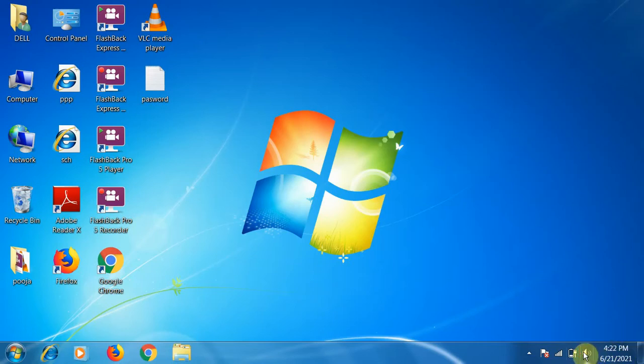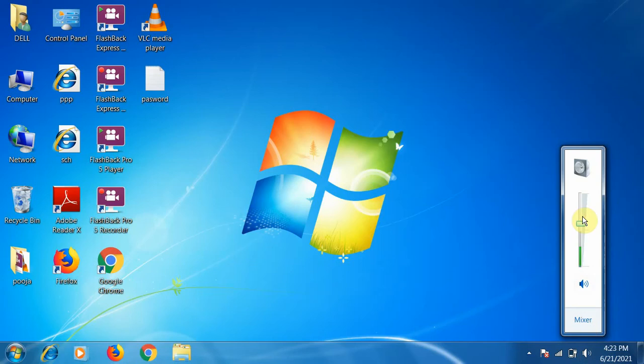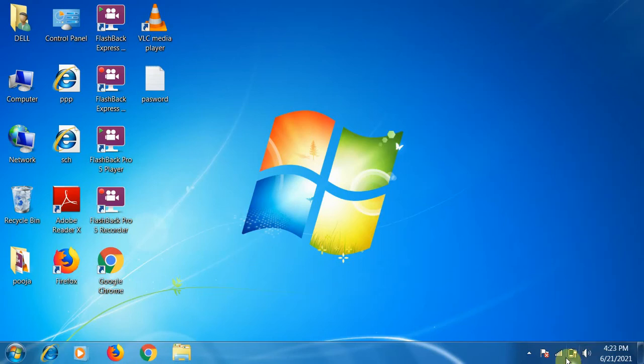And this is a speaker, so you can increase or decrease the volume of the speaker of your system. And these are the parts where you get the notifications, as you get in the mobile, the messages, or if you attach any device or pen drive etc., it will give you notification that there is something happening with your system.